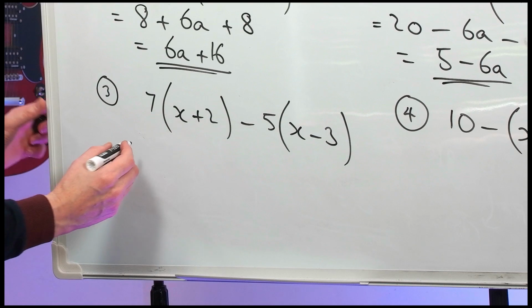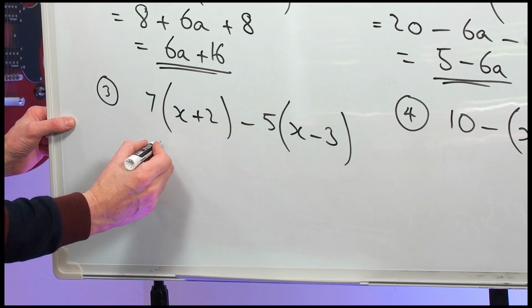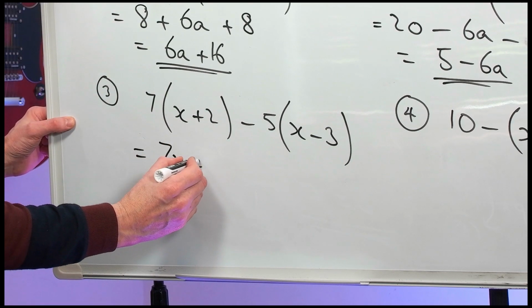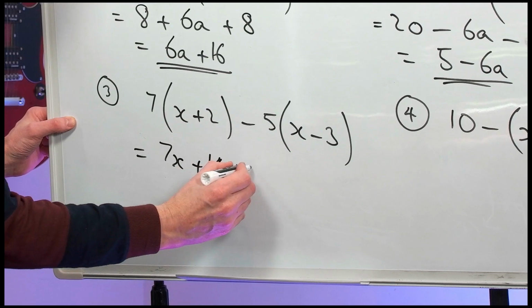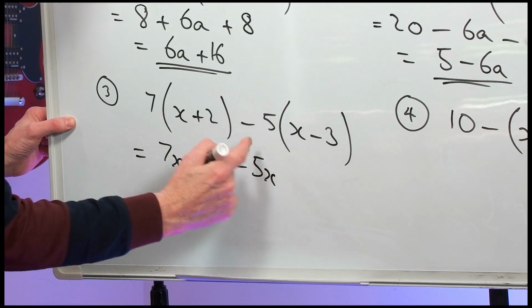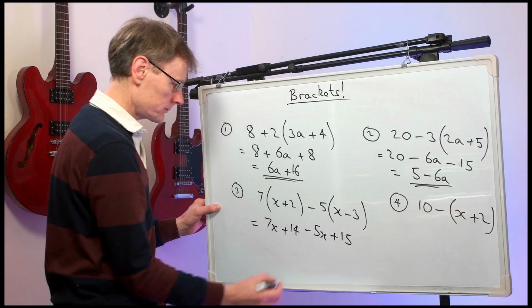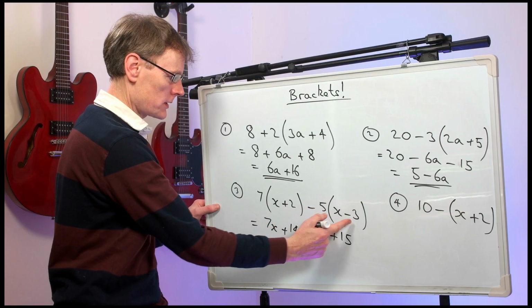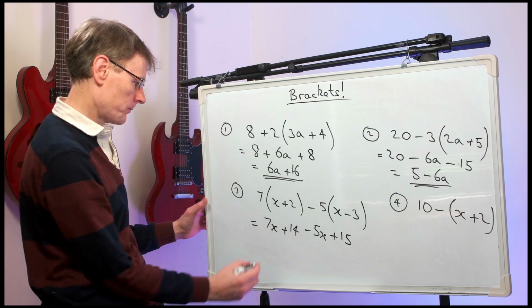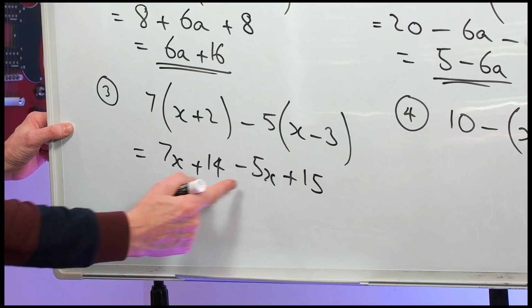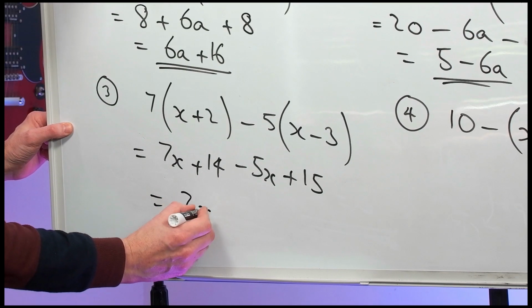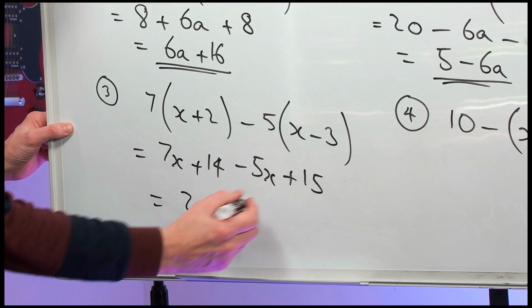Number 3, so multiplying out both brackets, we have 7x plus 14 minus 5x plus 15. Minus 5 times minus 3 gives you the plus 15. So adding them up, we have 2x plus